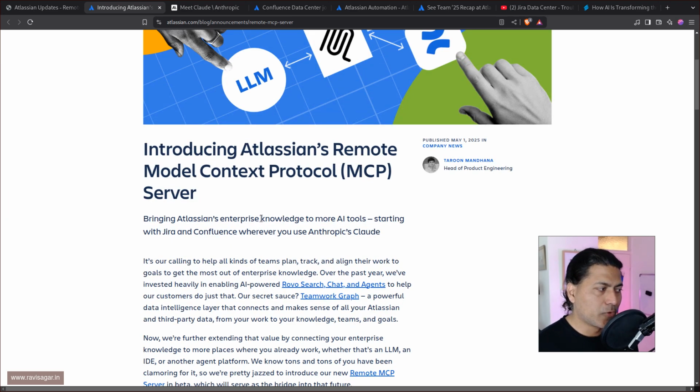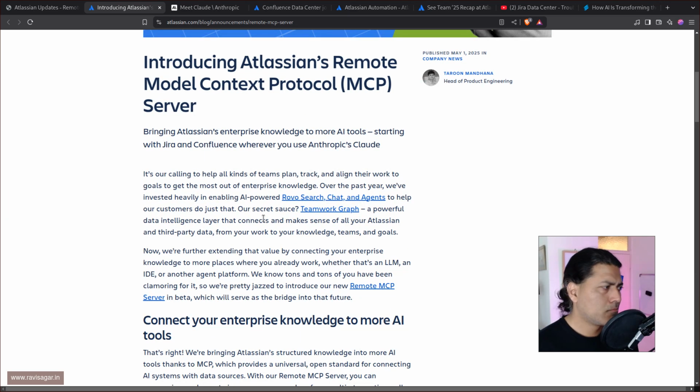So if you go through the post here, you will learn a bit more about what this MCP server will be all about. I know it is live, I mean the connector, but there is not much information that I was able to figure out by reading the post. So I need to go through this a bit more in detail. And this is, to be honest, not really new.